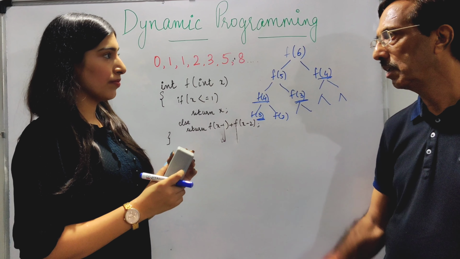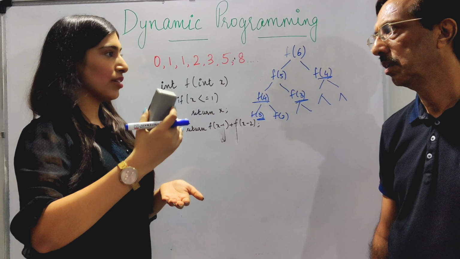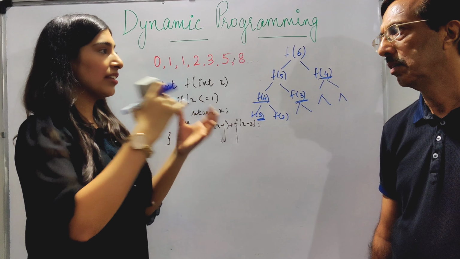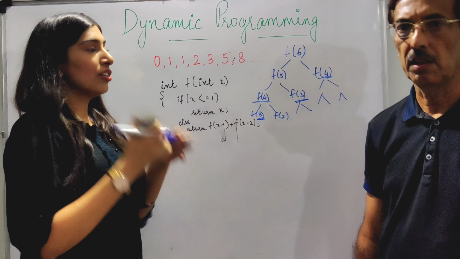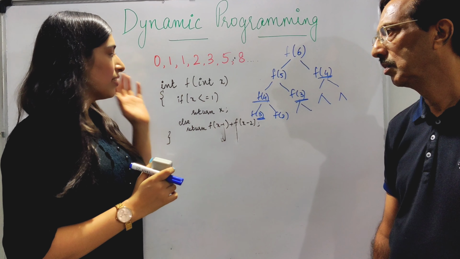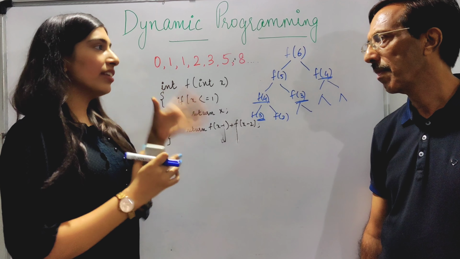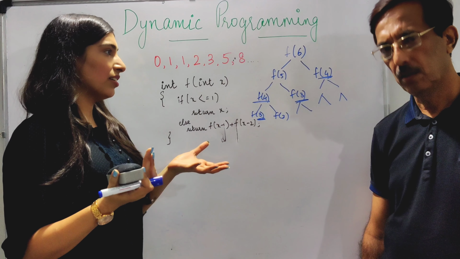Then how do you decide? Usually DP is better because the time that you end up saving is much better than the space that you end up taking. Usually that is the case. It is also possible that recursion takes as much time as DP, around the same time, and it also saves space, right?